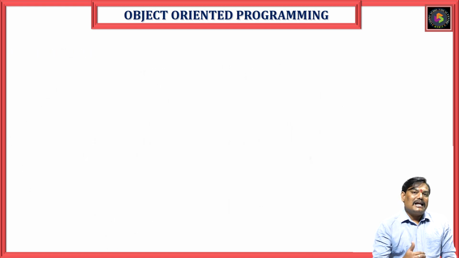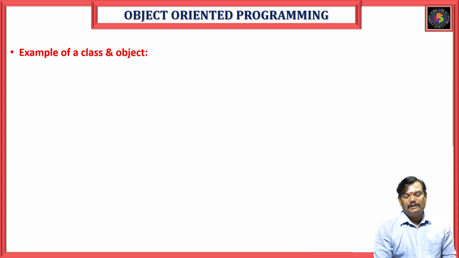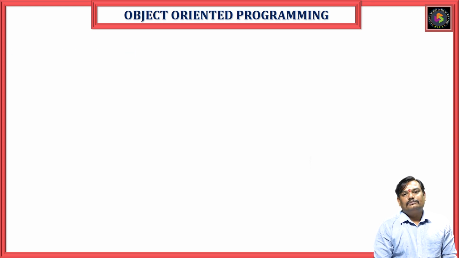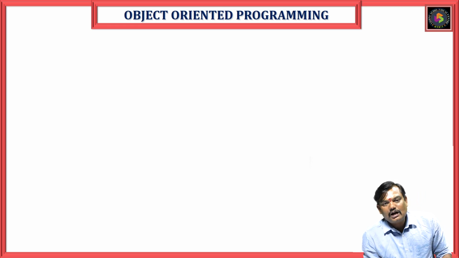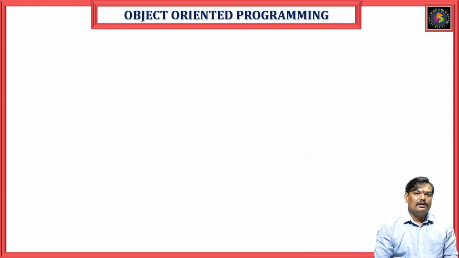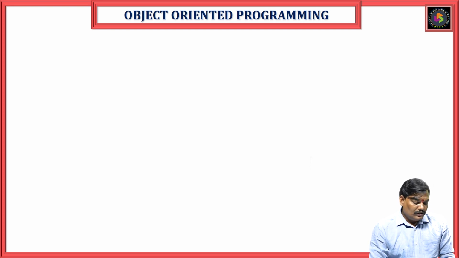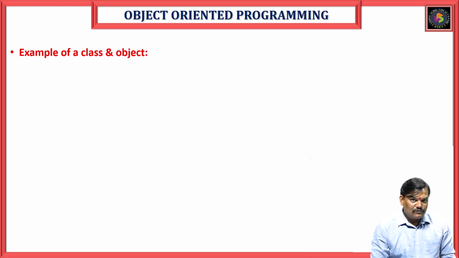Now, how can this class and object be created in our program? Whenever you want to use a class in our program, how you have to declare this class, how you have to define this class, and how you have to create this object, that we will see in the next slide. So before going to that, let us see an example of what is class and object. If you see this diagram,